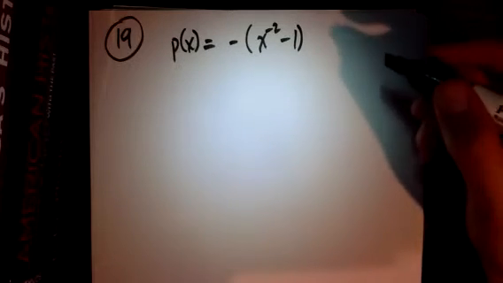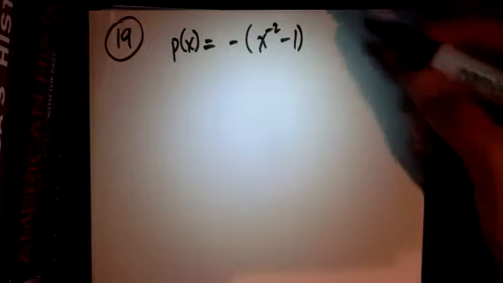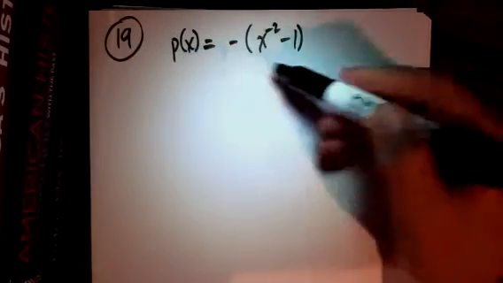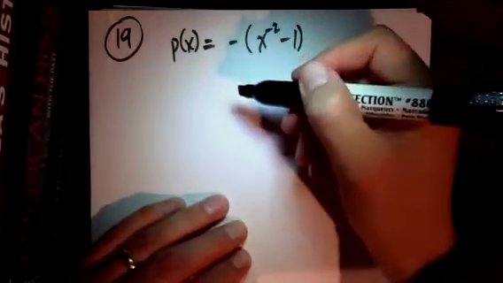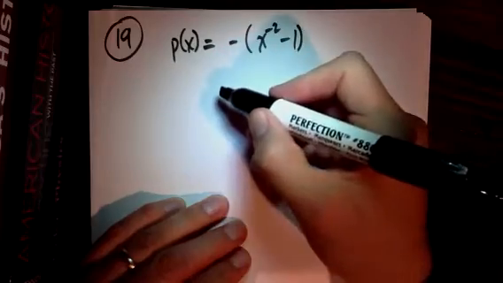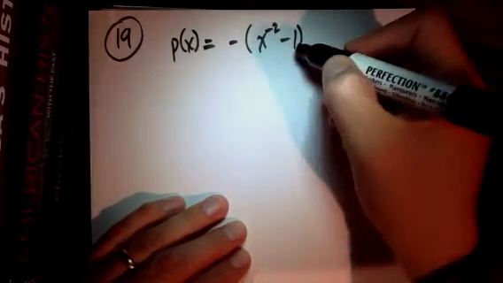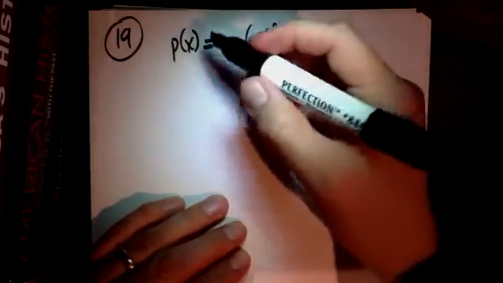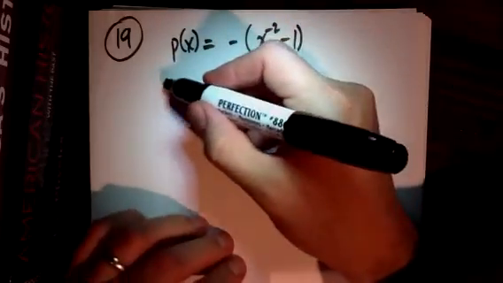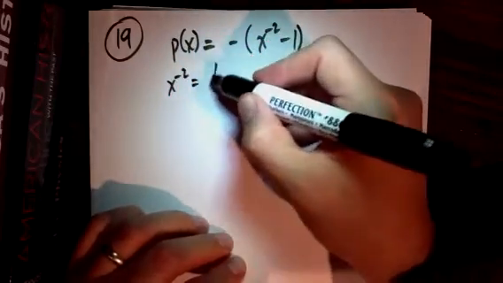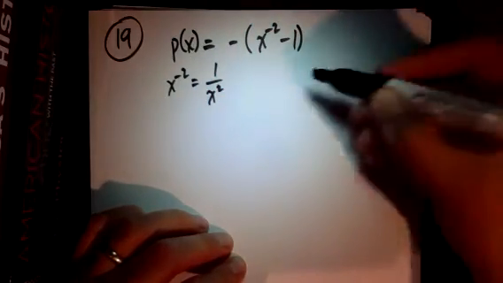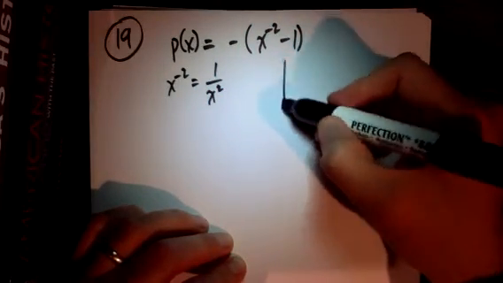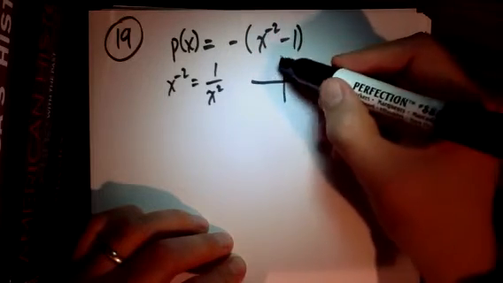So the range, remember, are the y values. So you have inputs that are x, and the output values will be the range, the set of all output values. So one way you can solve this is to think about this function as a transformation from one to another, something easier. So remember that x to the negative 2 is the same thing as 1 over x squared. So if you were to sketch just that function,